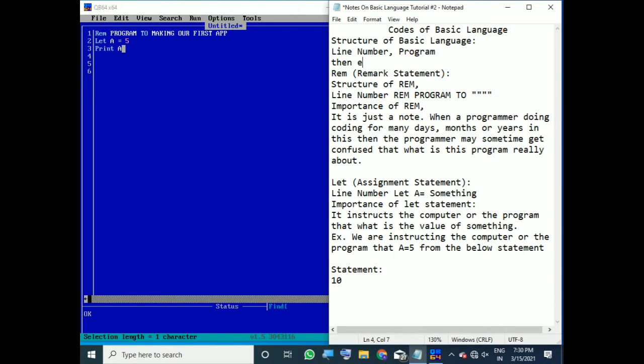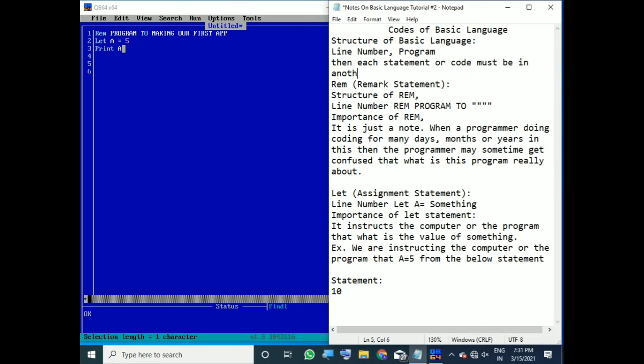Then each statement or code must be in another line. So what does it mean? It means that in each and every program, we cannot write this.